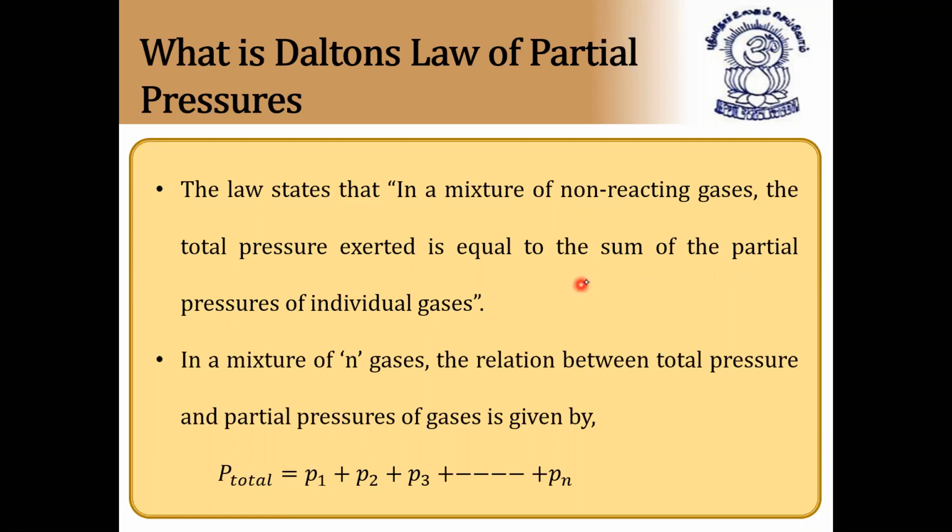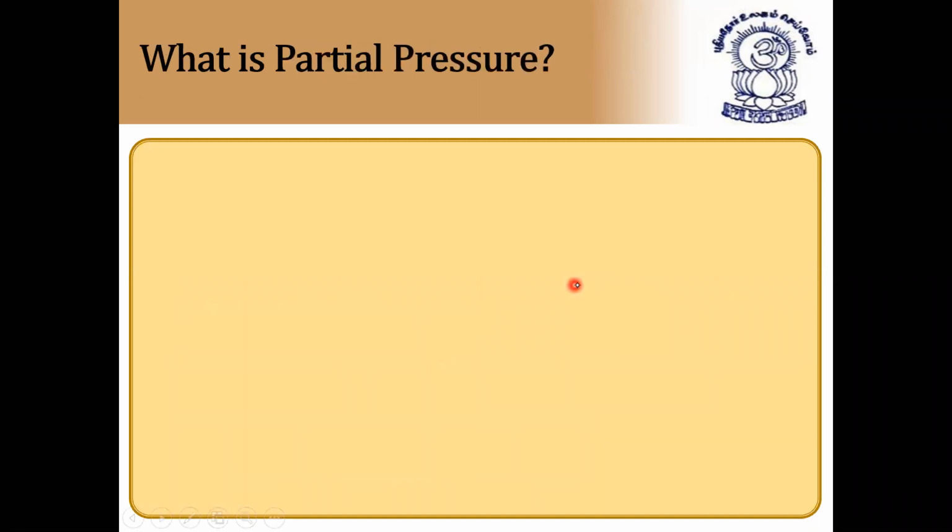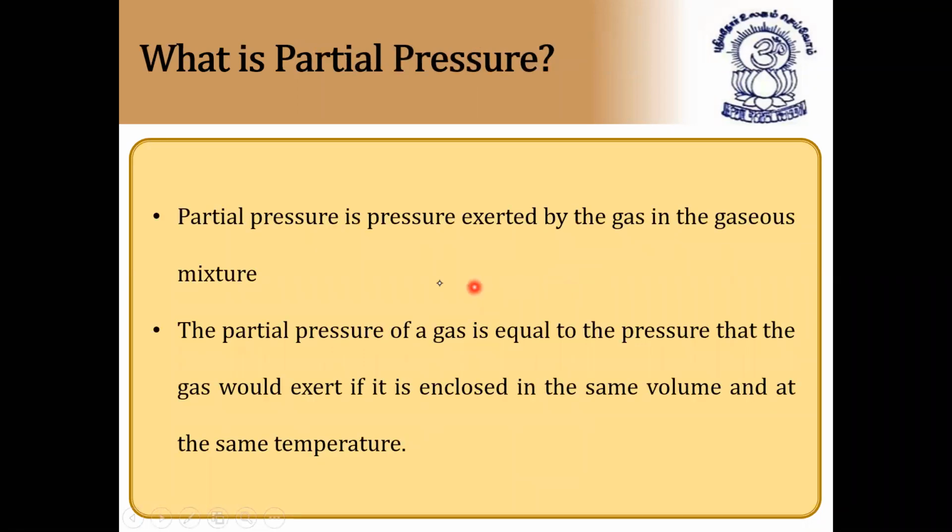So this is called Dalton's law. The statement is easy, but the numericals based on this are a little bit tough. Partial pressure is nothing but the pressure exerted by a gas in the gaseous mixture. For example, you take three different gases, say oxygen, nitrogen, and hydrogen. If you take the three gases in a container, for example, oxygen gas, nitrogen gas, and hydrogen